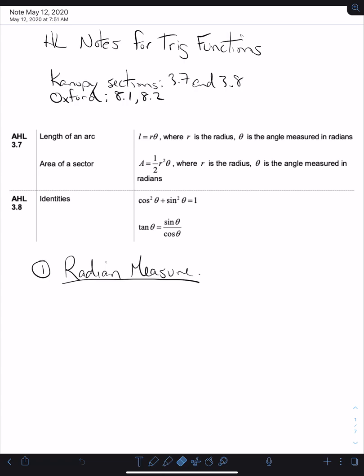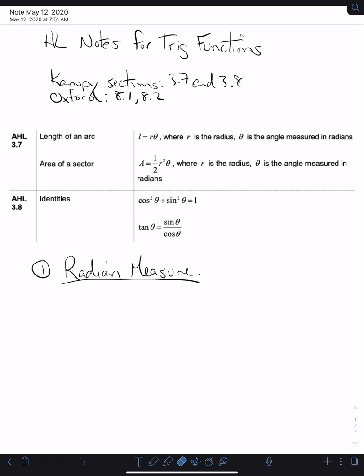So there's a couple of things for Trig, for HL, that you need to know. And I sent you some things to read in Canopy, as well as some questions to work on. It's quite a few, but some of them are really fast. Some of them are a lot more challenging. It'll be a bit of a mixed thing there, and perhaps you'll tune in next week and ask me some questions